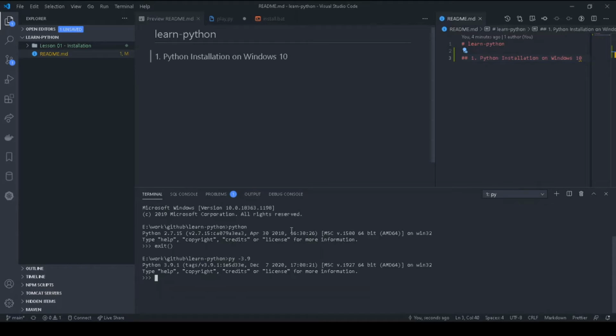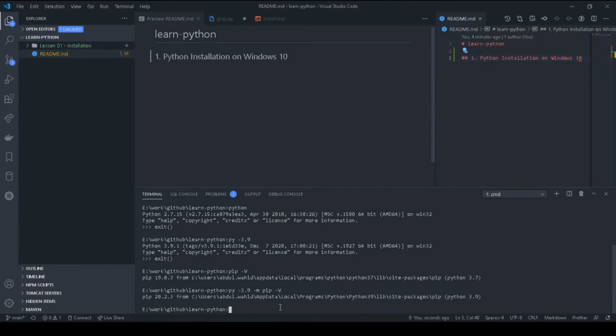To install packages in Python, we use the pip library. But by default, if you type pip here and check the version, it is showing us version 3.7, but we need the 3.9 version. So to access pip from that version, we will need to type pip with the version.